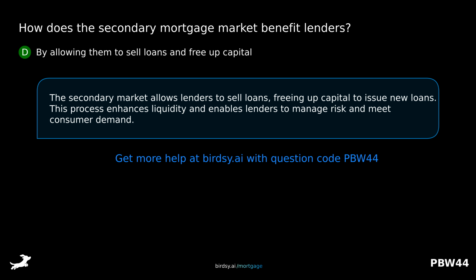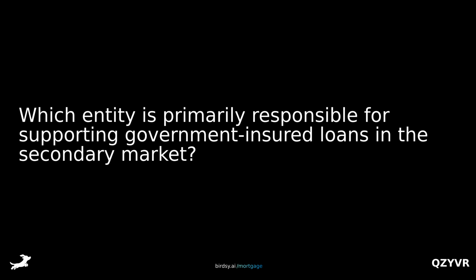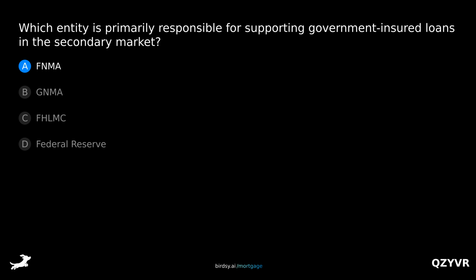The secondary market allows lenders to sell loans, freeing up capital to issue new loans. This process enhances liquidity and enables lenders to manage risk and meet consumer demand. Which entity is primarily responsible for supporting government-insured loans in the secondary market? Is it A, FNMA, B, GNMA, C, FHLMC, or D, Federal Reserve? The answer is B,